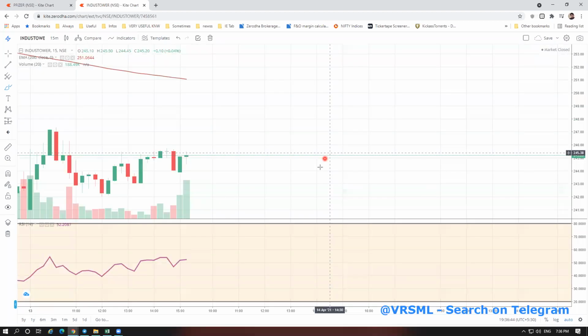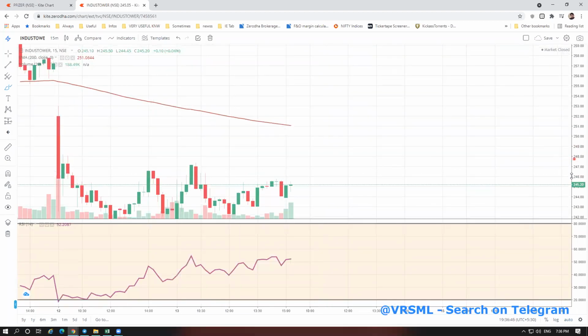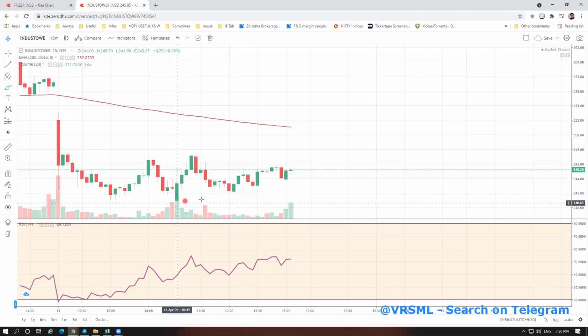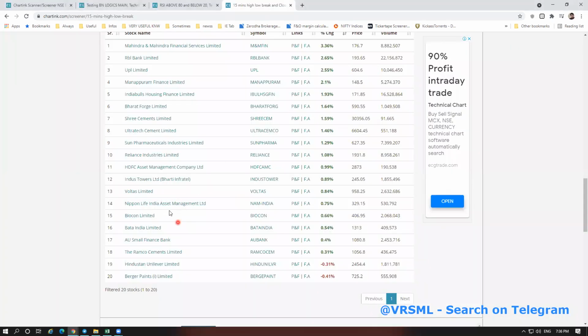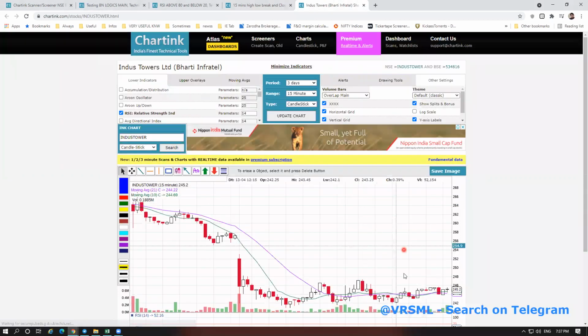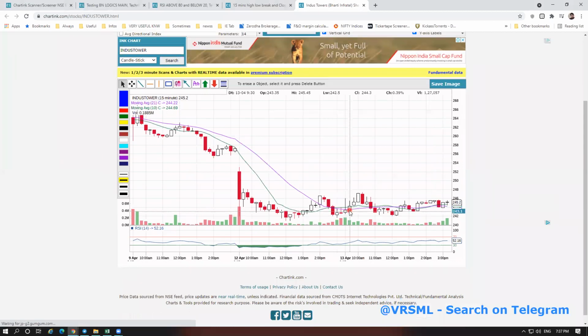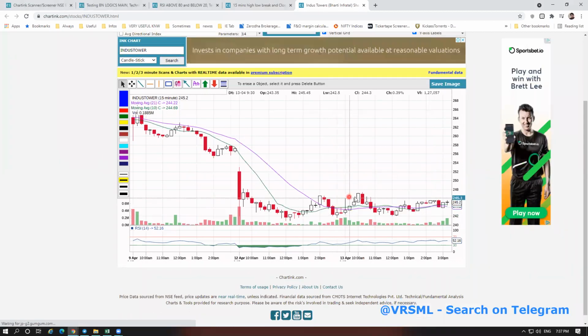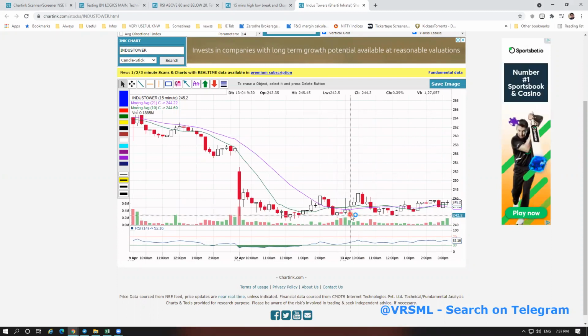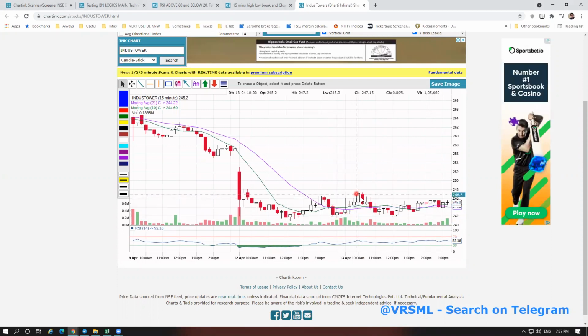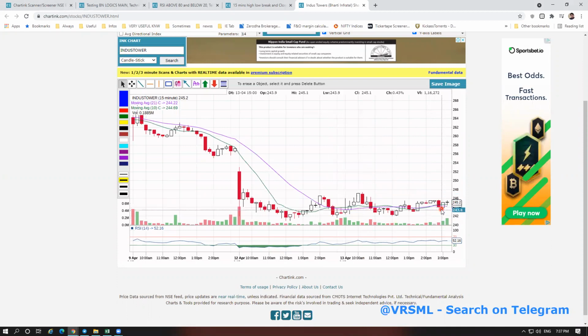Okay, what it is showing, see, only the high breaks but the low is not broken, but this is a case of high and low break and close inside. Indus Tower. But if you see this in the charting, you will find, yes, it is 15 minutes here. This is the 15 minute candle. See, the high breaks and the low also breaks here. Here also the low breaks, and here also. So lower low, higher high break, this setup, and close inside.